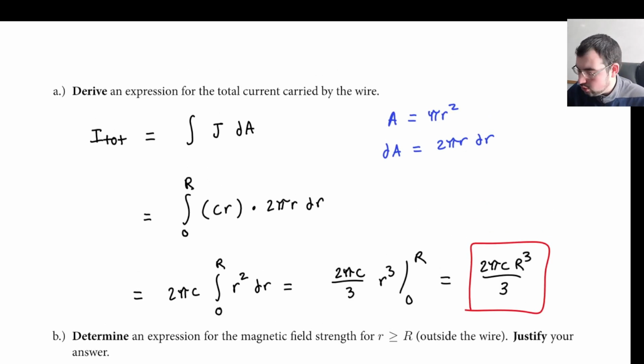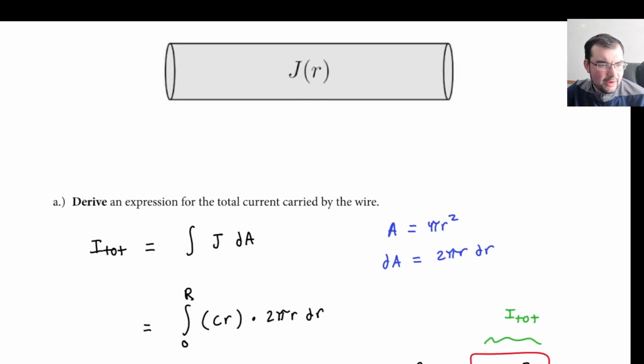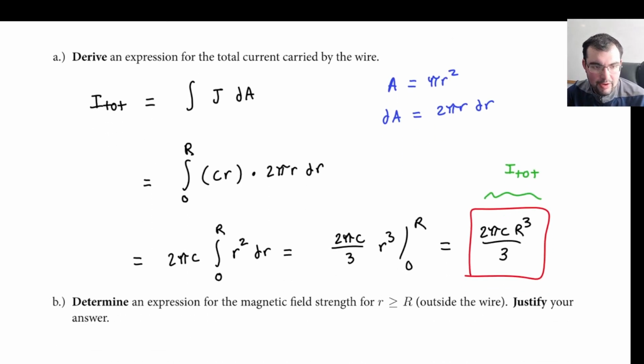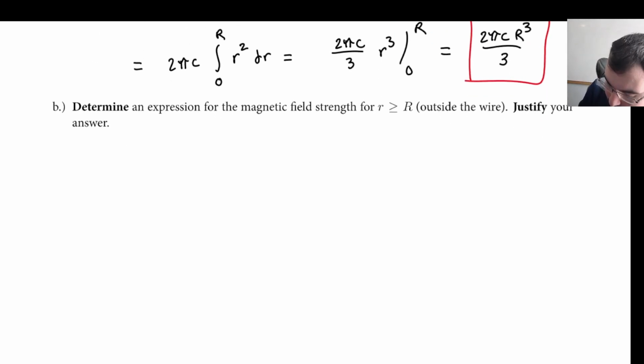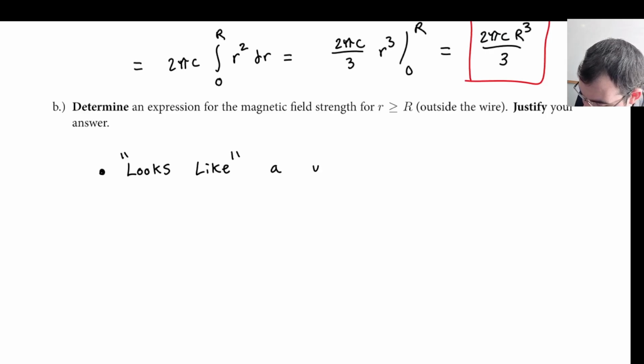So this is our total current in the wire. We might want to just make a note that this is I total. So once again, if you have I total, it's quite easy to find the field outside because we just use our shell theorem, right? This looks like